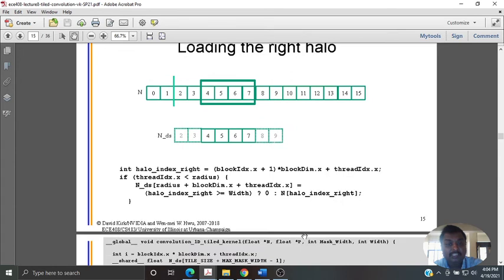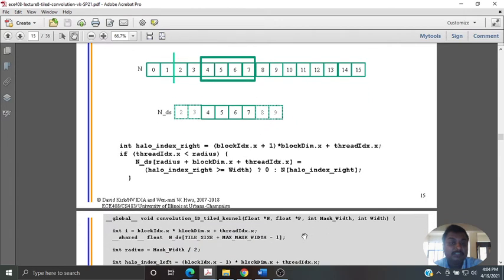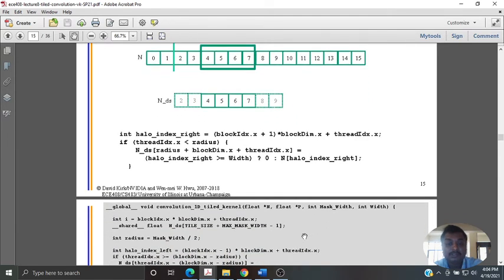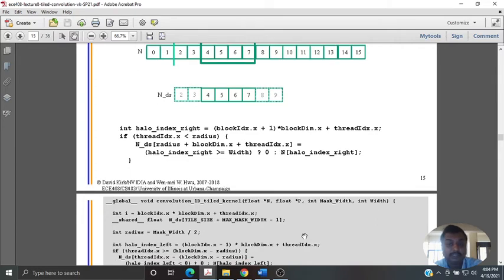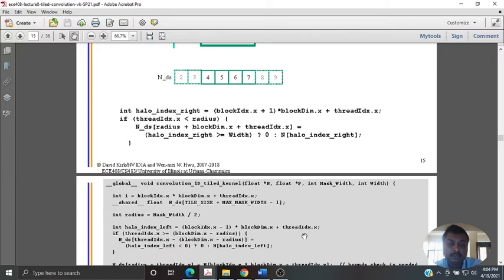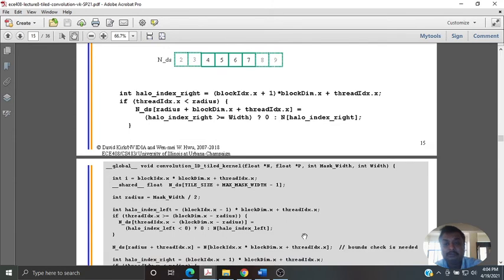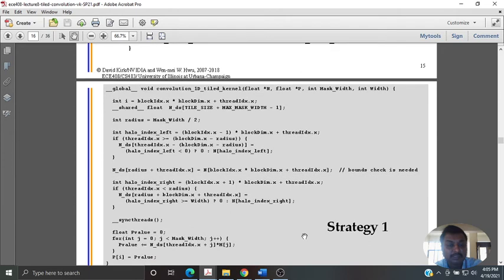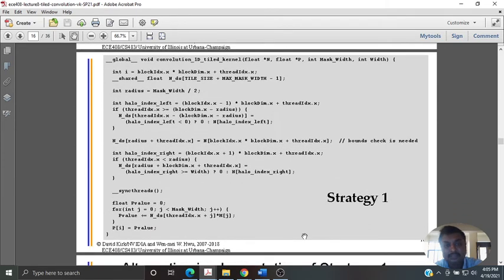So the right halo is again similar to that. Now there was a -1, now it is a +1, because the radius is 2, with respect to that you are computing that, and it is well within the radius, and again load 0 if it is a ghost copy, and if it is valid then load the particular elements. Combining all these aspects, the strategy 1 code is being depicted. So global wide conversion, and these are the parameters that are to be passed.